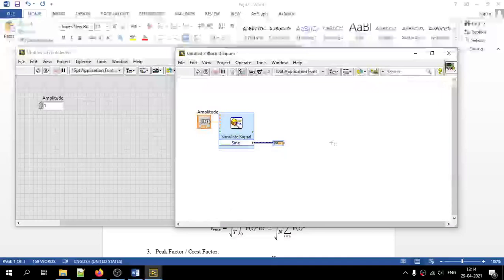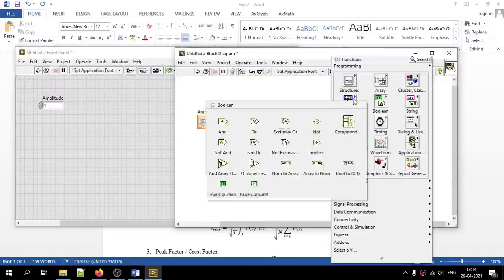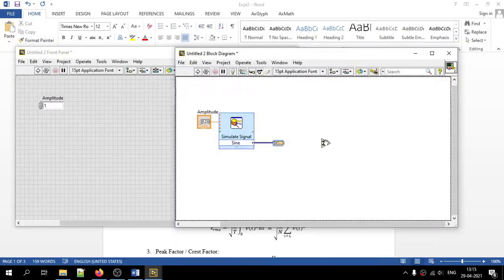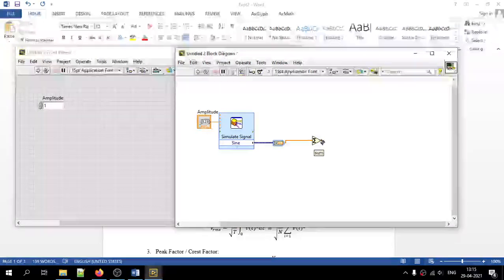You can either use a for loop to evaluate this, or under Array and Numeric, the sum of array block is available. Let me choose this block under numeric, that is add array elements. It will give the summation of all the elements in the array. Let us connect this block.